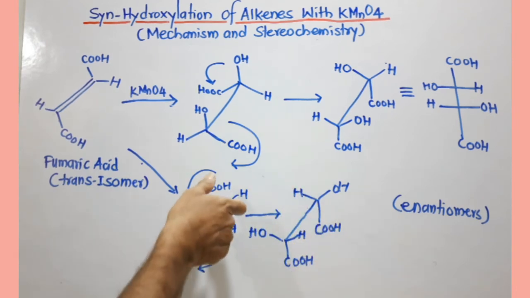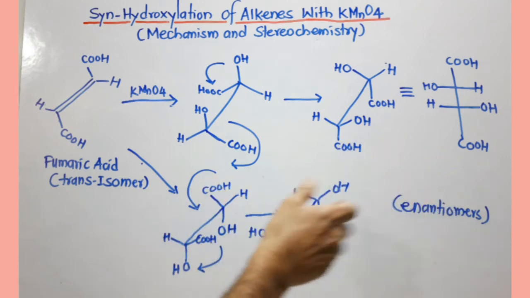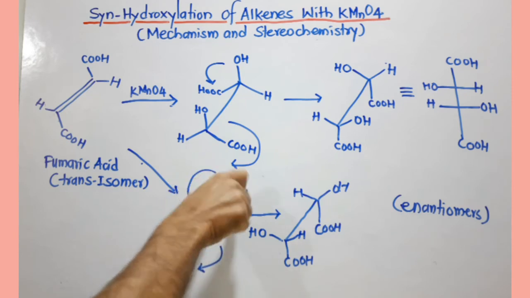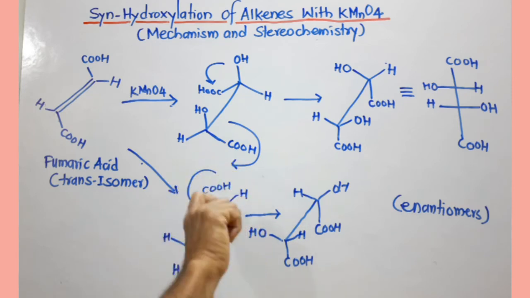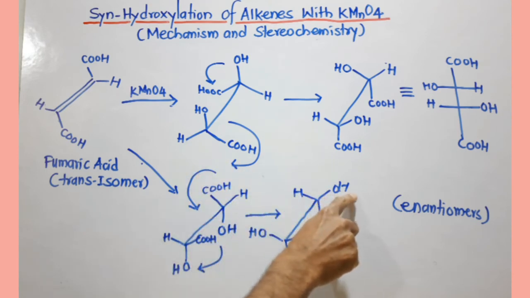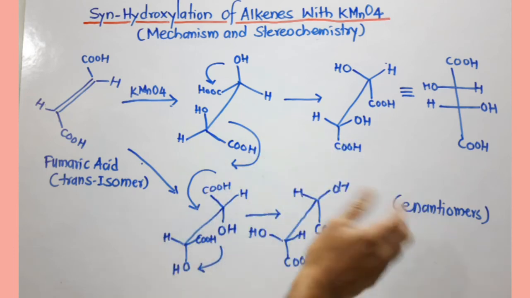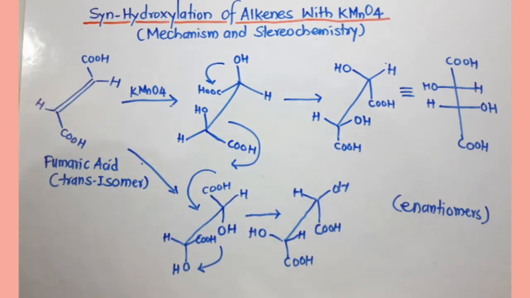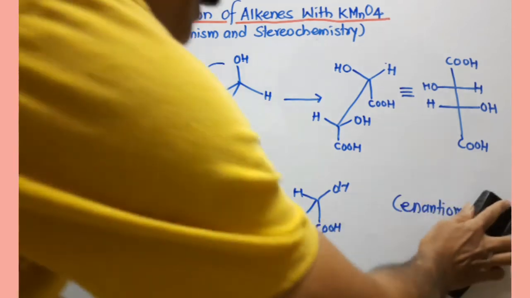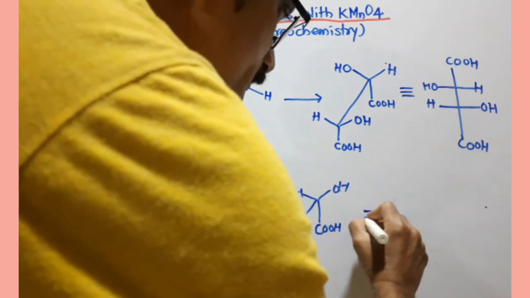You can see here, I want to bring this COOH down to convert it into Fischer projection formula. So I rotate this carbon here in this direction. If I do that, COOH will come here and H will go this side, OH will go this side. Similarly, I have to rotate this carbon in this direction. So I can bring this COOH down, and if I do that, H will go that side and OH will come this side. Actually, I forgot to mention here how to write its Fischer projection formula.